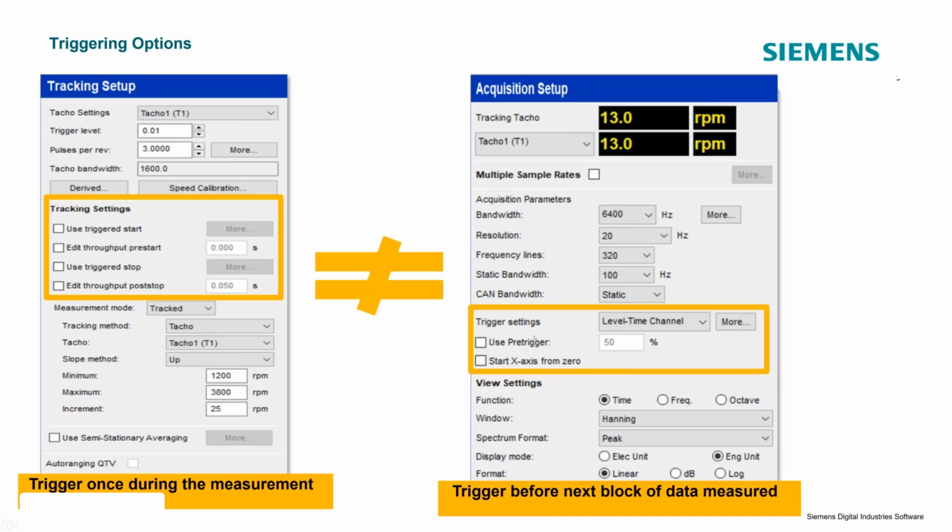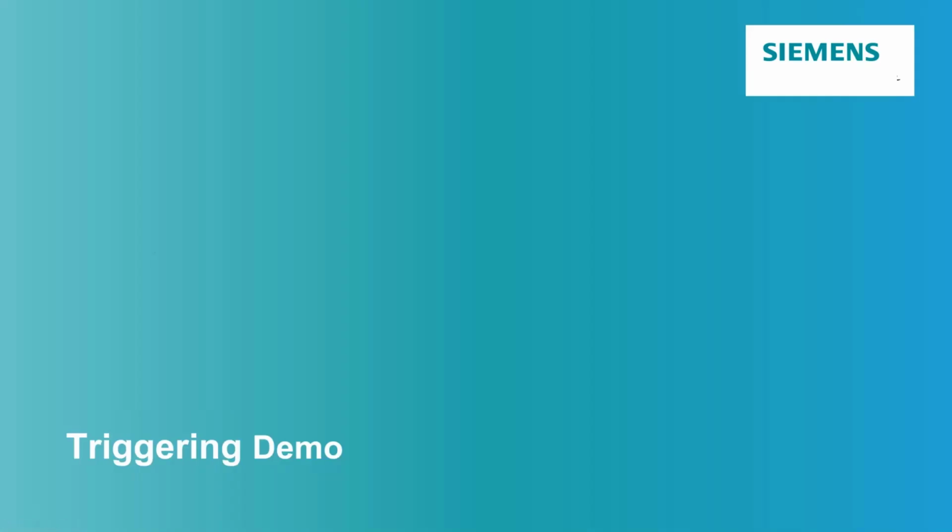So be careful. There are instances where you want to do this on a block by block basis, perhaps. And then there's times when you just really need one trigger signal, and this is where you would want to set it. And we actually have another video, Pete starring in, that highlights a little bit more about triggering. I'm going to play that for you right now.